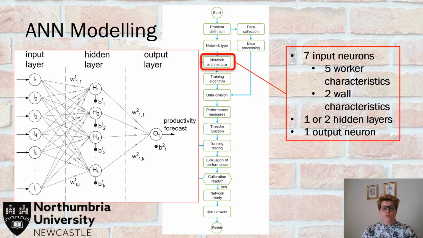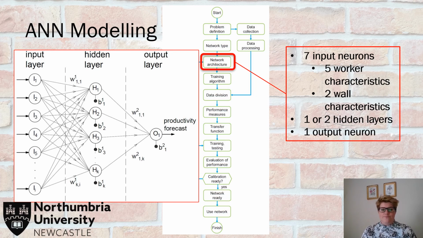The number of neurons in the hidden layer are determined in an iterative way. So first we can start with around 2/3 of the number of input variables, and then it can go up as high as 2.5 times the number of the input variables. Having this number right is important, because if we have too few hidden neurons, then underfitting can occur, which means that there would be big errors in the output. And if we have too many hidden neurons, then there could be overfitting, which means that the error is not high, but the network doesn't work properly